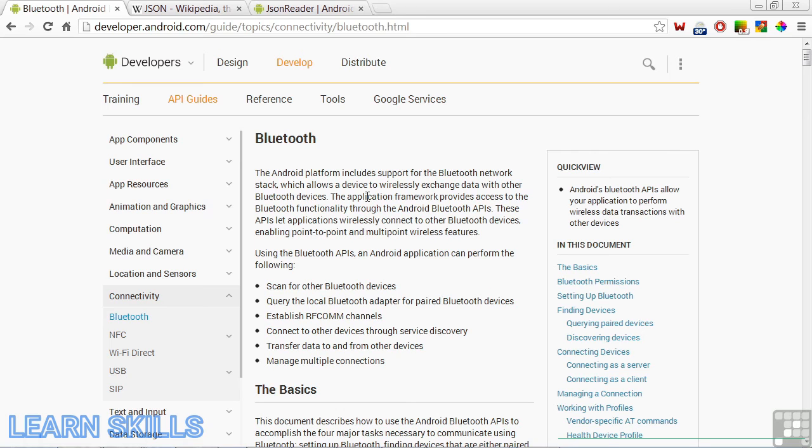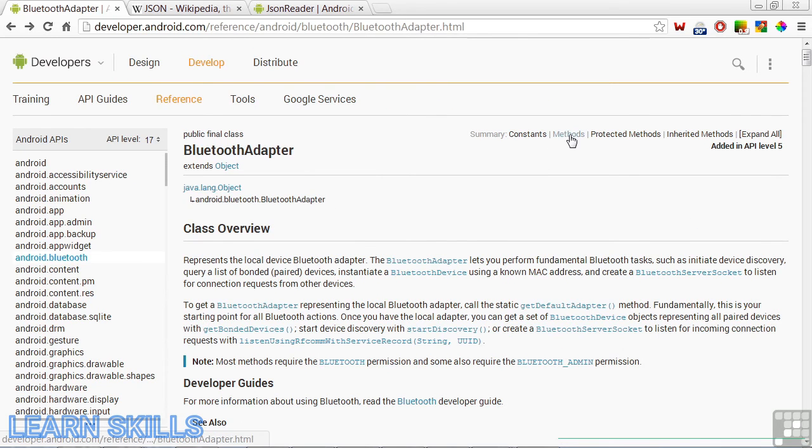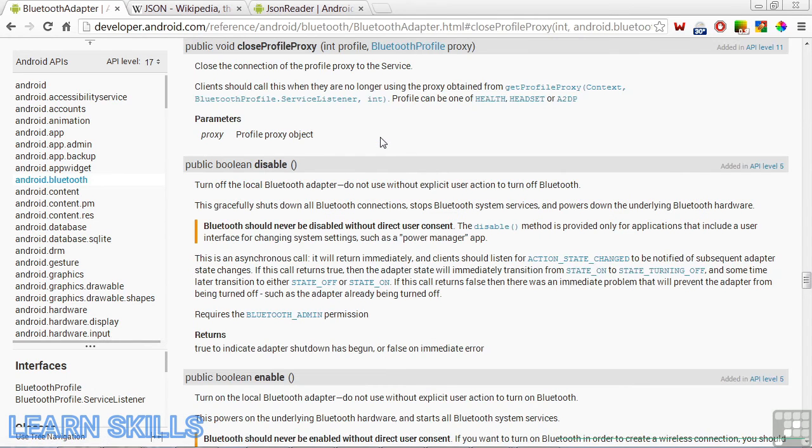For example, on the Bluetooth page, in the section Setting up Bluetooth, in Step 1, Get the Bluetooth adapter, there's a code fragment and an explanation of the classes and methods used. And Google has included some very handy links to classes and methods if you want to see more detailed information, for example, on the Bluetooth adapter. This is a class description with all the lower-level detail, including its methods and method parameters, for example, close profile